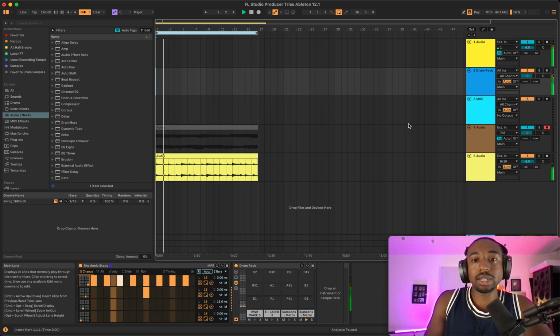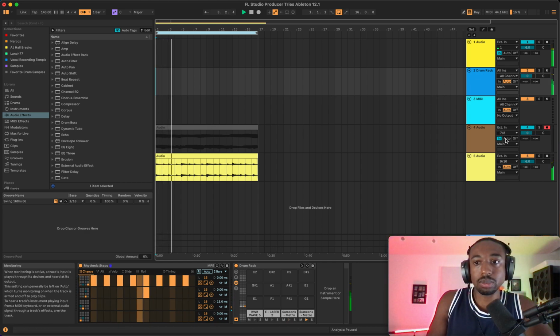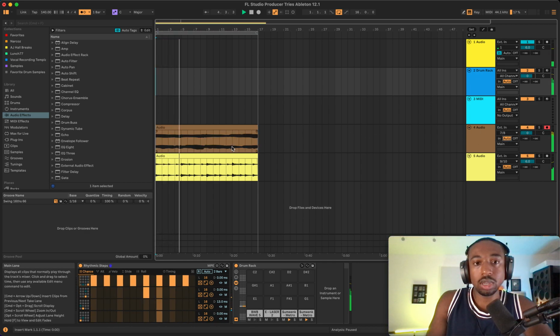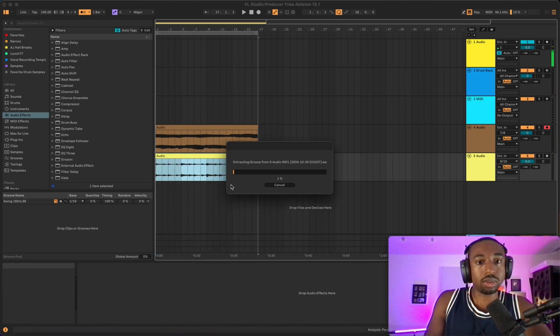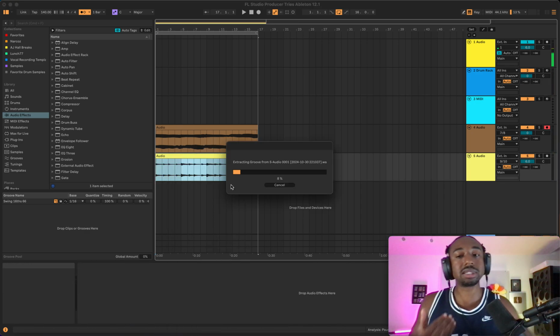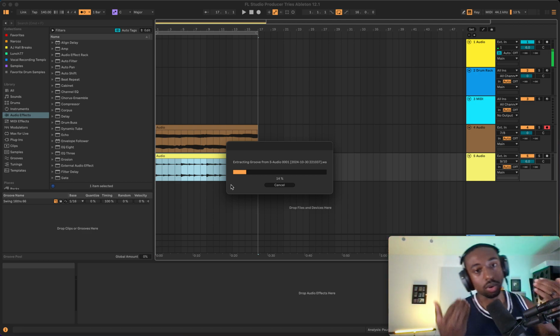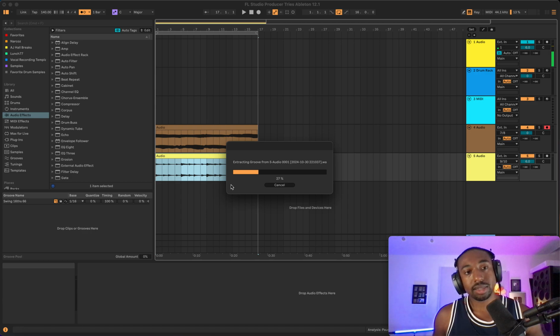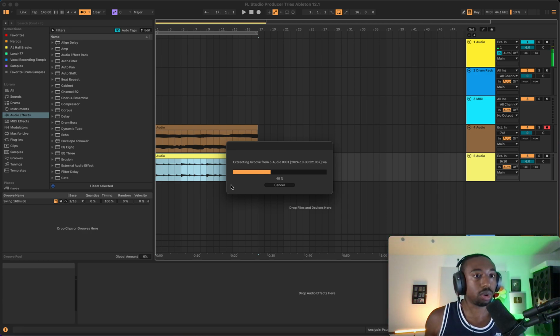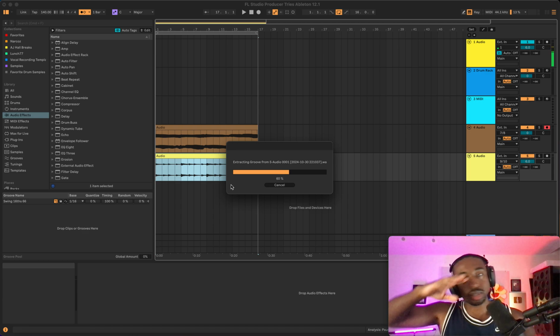All right, so next up, let's do some audio stuff. Let's click here on the audio. We're gonna right click, extract the groove from the piano so that we can match the bass timing with the piano so that they're more lined up. Especially if you guys have drum breaks and you're making like boom bap, what you could do is extract the groove of the drum break and then apply that to your melody so that everything lines up in that drum break groove, as opposed to just playing wherever.